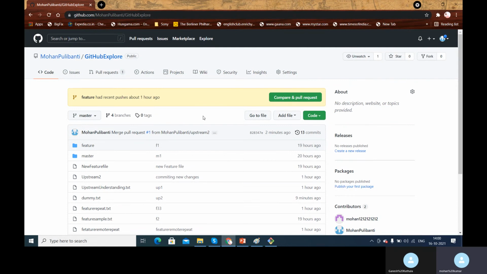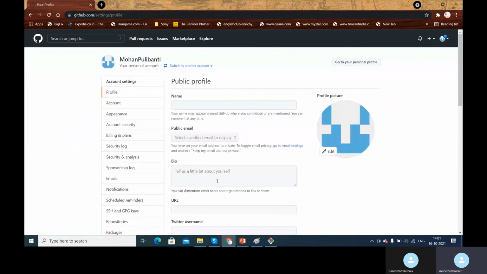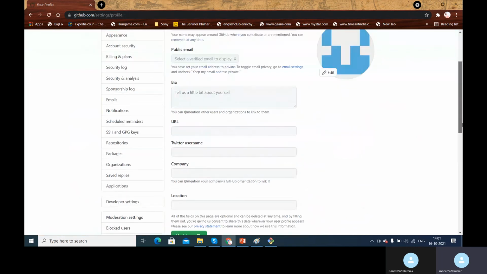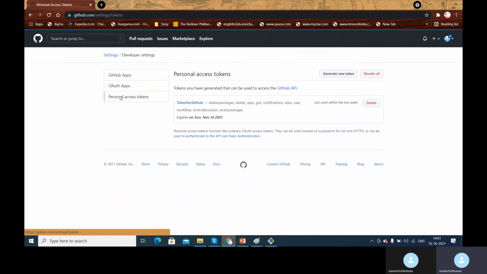So this is all about creating a pull request and adding a collaborator to it. Once the collaborator is added, he doesn't need to use our personal access token. He can generate his own personal access token by going to settings, and then the developer settings, and under the developer settings he will be able to see something called personal access token. He can generate his own token and use that to connect to this particular GitHub repository. So he can even do that.